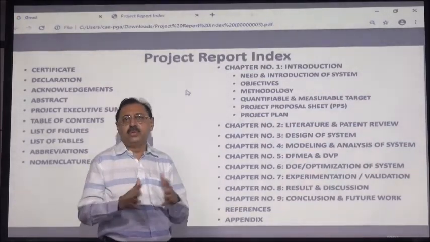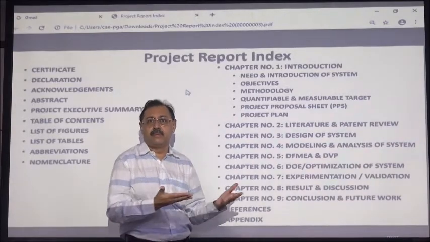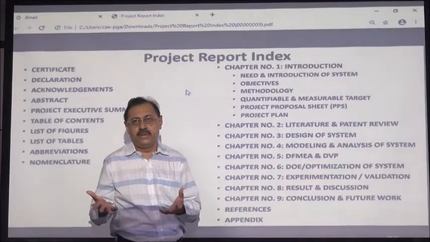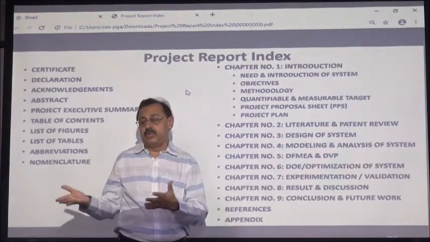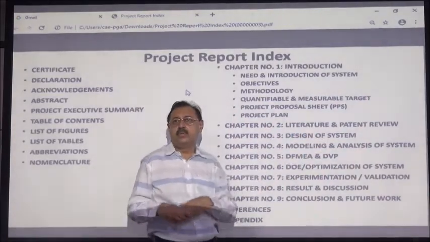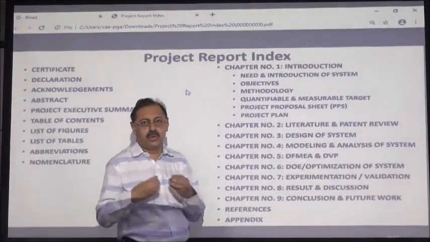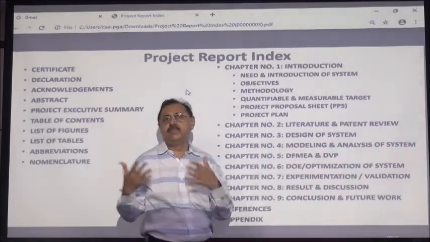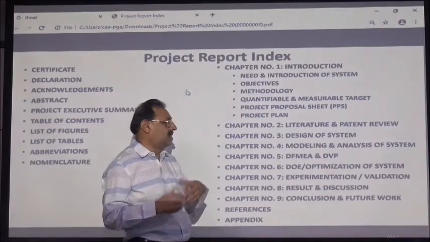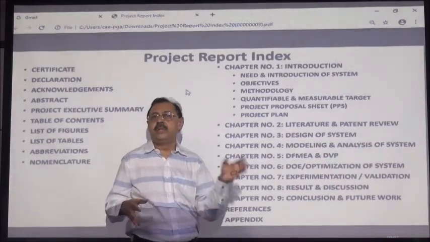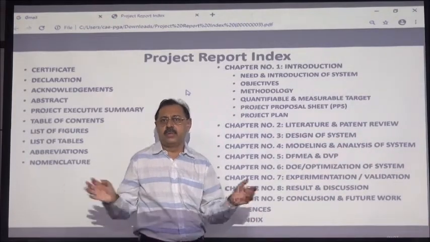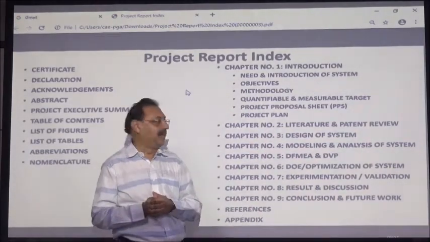The project can be on two sides. It can be a process or it can be a design. Suppose you want to design something which will improve the efficiency of your engine, or you want to improve the process in production. When you improve a process, then it is design of the process. When you design a product or a component, then it is design of a system, sub-assembly or a component. So how do you design? You need to do a CAD analysis, you need to do some design calculations, you need to decide the dimensions, you need to give tolerances, all those things will come under the design of system.